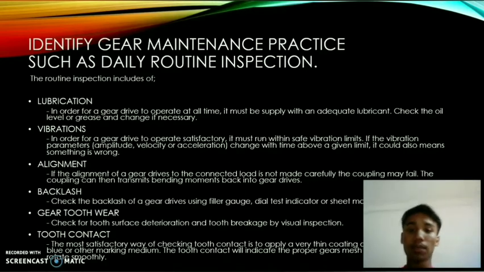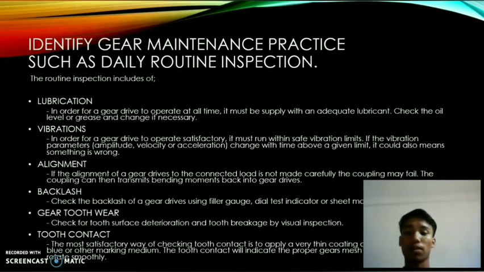Next, identify gear maintenance practice such as daily routine inspection. The routine inspection includes, first, lubrication. Lubrication is in order for a gear drive to operate at all times. It must be supplied with an adequate lubricant. Check the oil level or grease and change if necessary. Second is